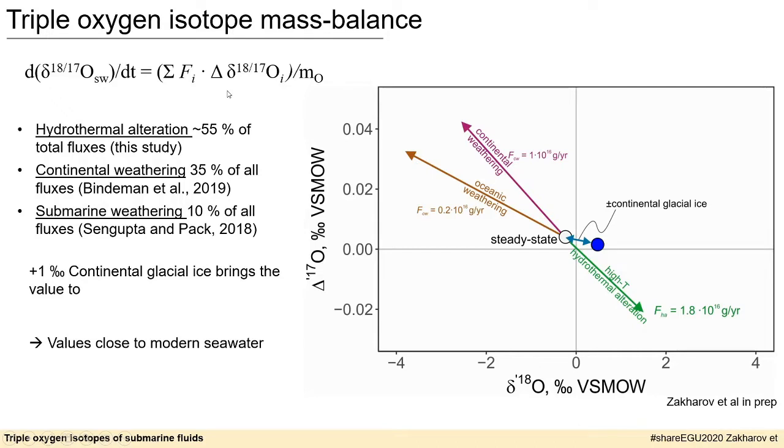And one minor detail is that, of course, we can use the delta 18O and 17O values measured directly in altered oceanic crust. However, those measurements are subject to the temperature-dependent fractionation of the exact minerals that were sampled for the oxygen isotope analysis. So in this talk, I am specifically aiming to provide you with the analysis of directly